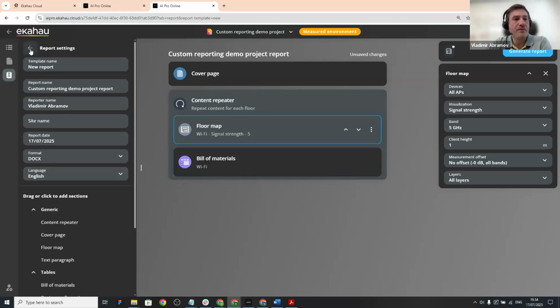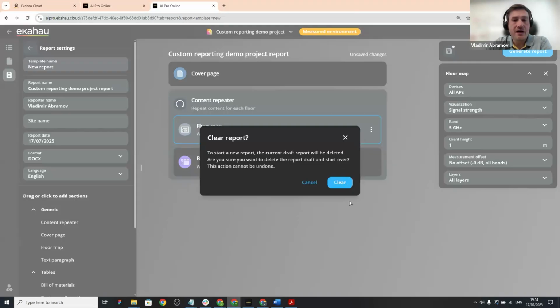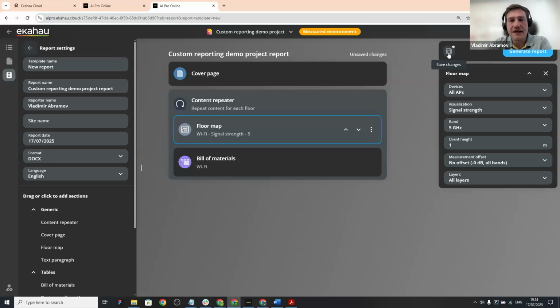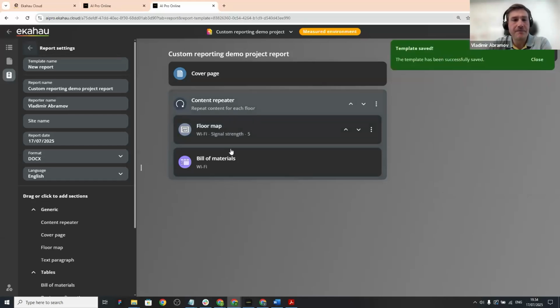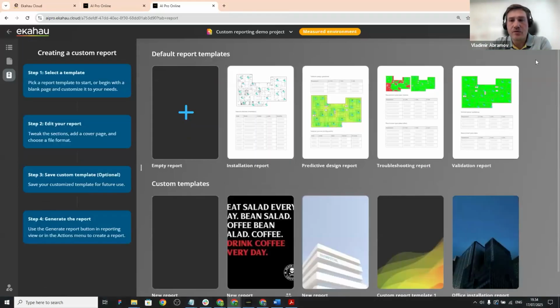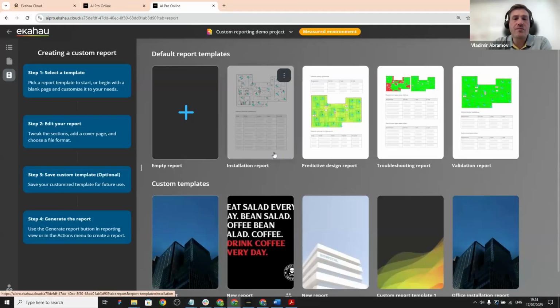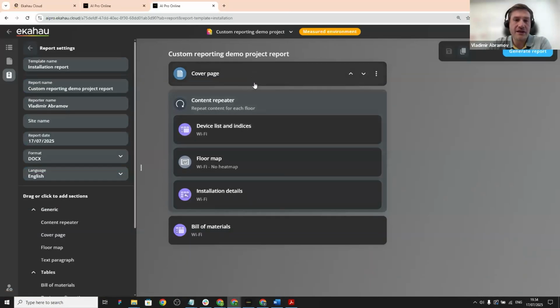Maybe we can move on to discussing how different report templates are used for different Ds in the 4D model, right? So let's go back to the report page. And here, the installation report is very narrow. If we open this template, it includes only the things that are needed for the installation crew to put the devices in their right places. So it doesn't have any heat maps, it just has an empty heat map with the AP locations, and there is a bill of materials at the end, so you know which devices and how many there are